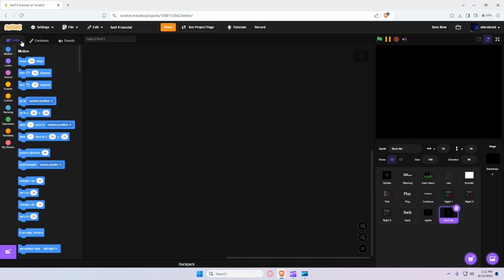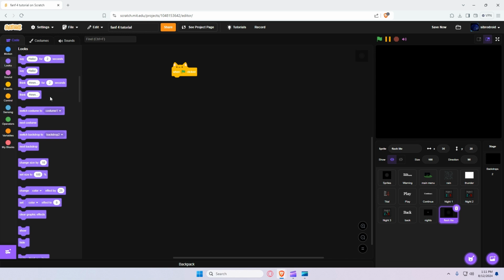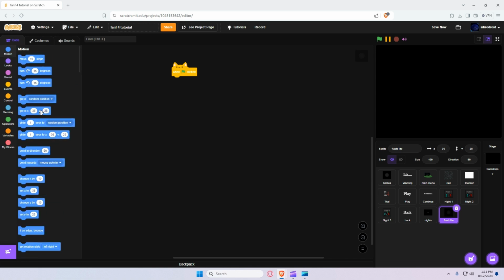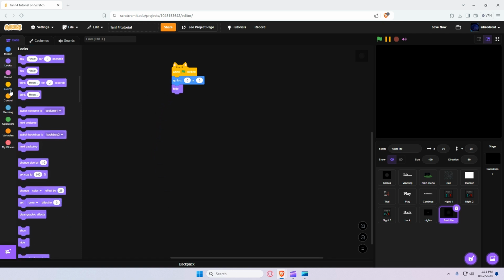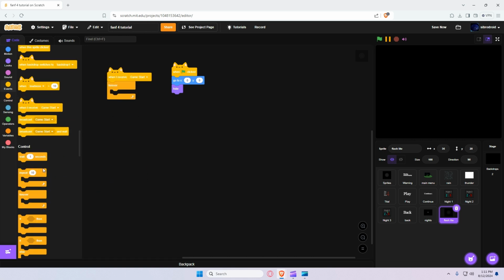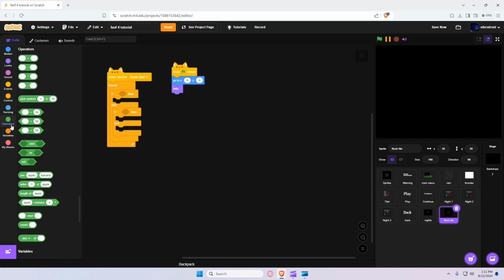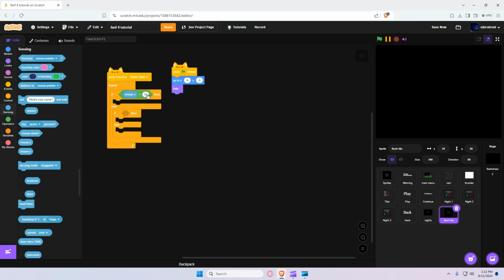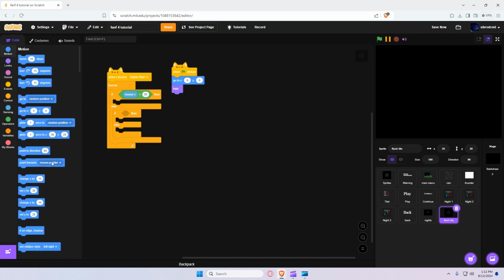Looks like that. And what we're going to do for this is when the flag is clicked, go to 0, 0, hide. When I receive game start, forever, add an if else and an if else inside of an if else. I'm going to do if the more than sign, if mouse X is more than 80, we're going to do